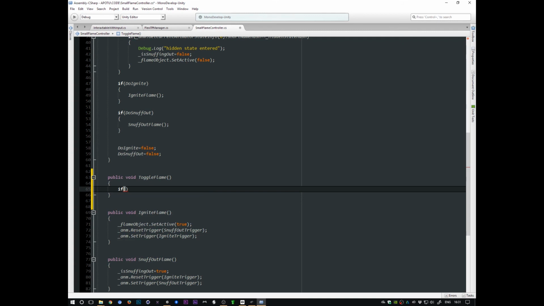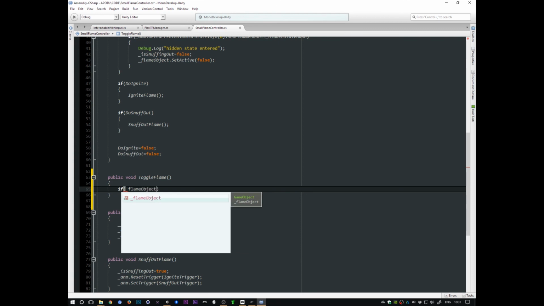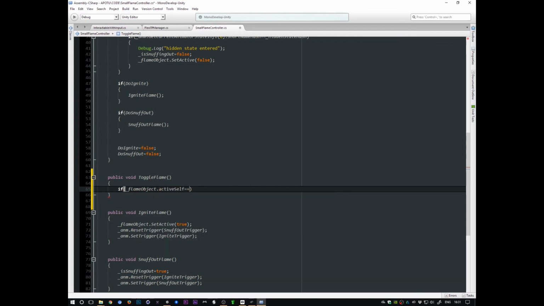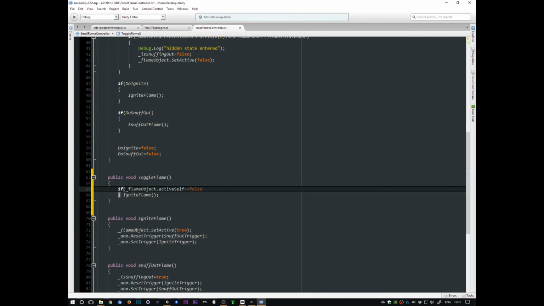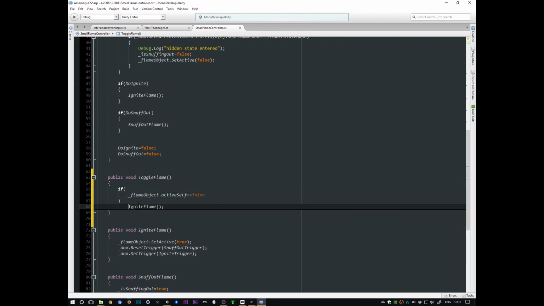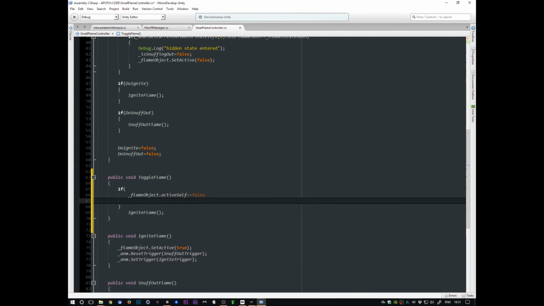So if, excuse me, I have two cases here. If flame object dot active self equals false, then ignite flame. But this is not just this. Oh, sorry. I'm usually reformatting just to help me think about stuff. Or